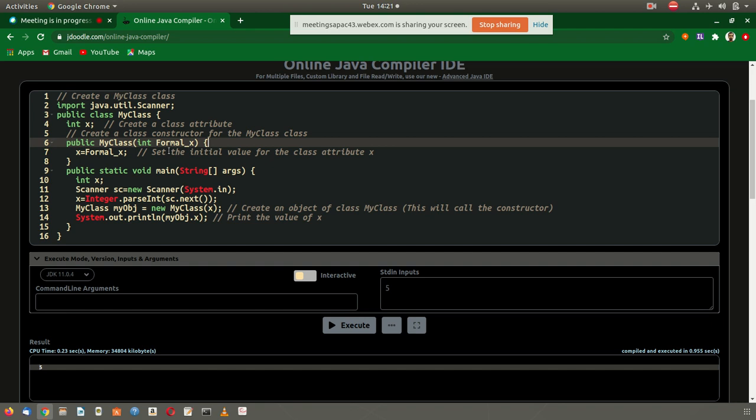And if we are using a parameter constructor, that is, a constructor that is accepting formal arguments, then before initializing the constructor, the constructor has to be written, otherwise it will be an error.